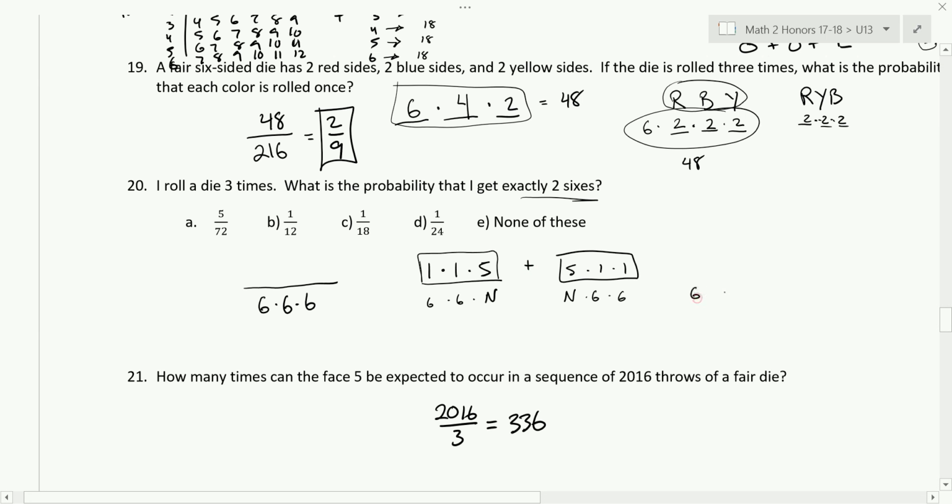Okay, so the first one could be a 6, the second one's not a 6, the third one is a 6, and so that'd be 1 times 5 times 1. And so when we add those, we get 15 ways. Have we hit them all though? Yes. Now we have. And so we got 15. So 3 times 5 is 15, and we reduce this, and we end up with 5 out of 72,